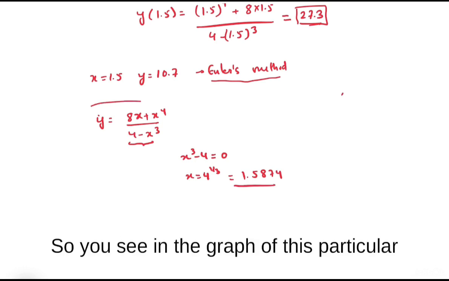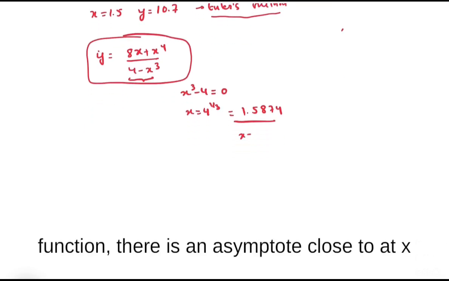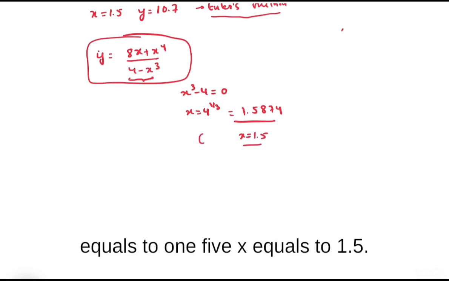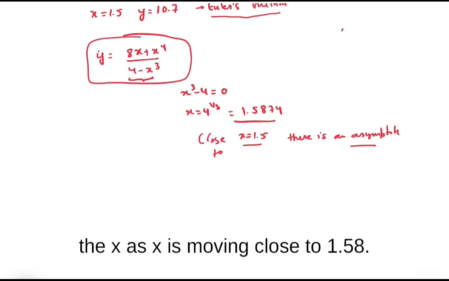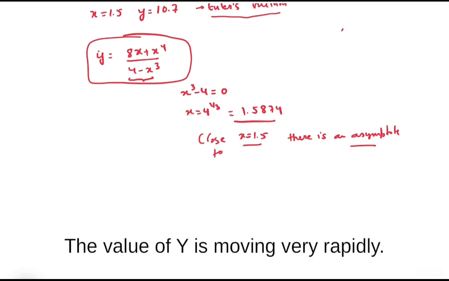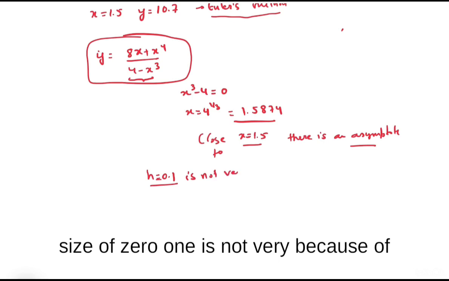So in the graph of this particular function, there is an asymptote close to x equals 1.5. As x is moving close to 1.58, the value of y is moving very rapidly, and as a result this approximation with the step size of 0.1 is not very good,